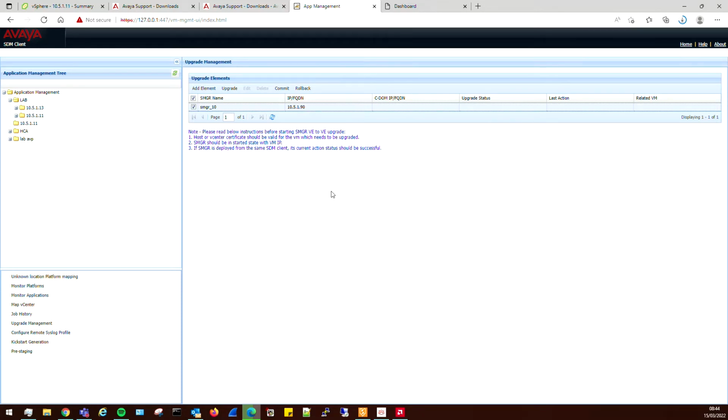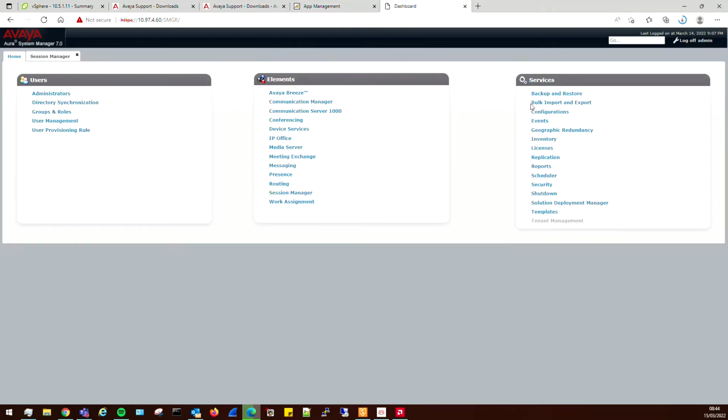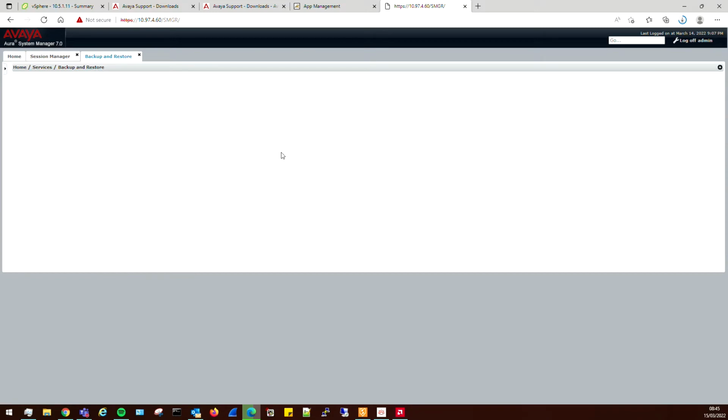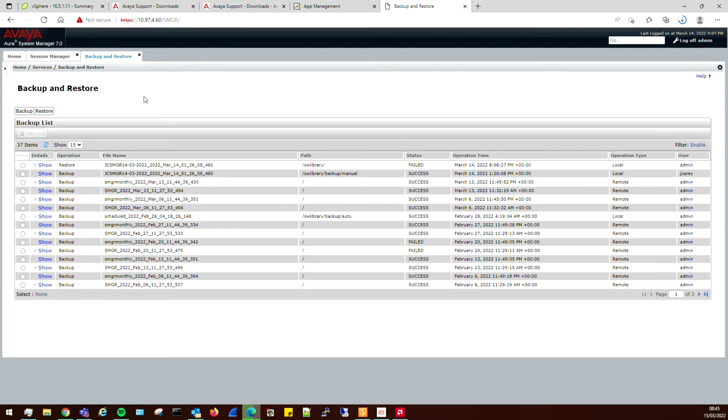So what we need to do first of all is, this is more of a manual process and it's done through the command line on the new System Manager. We need to go to our Aura 7 System Manager and go to backup and restore. We need to create a backup of this as it stands now. So we just back this up,